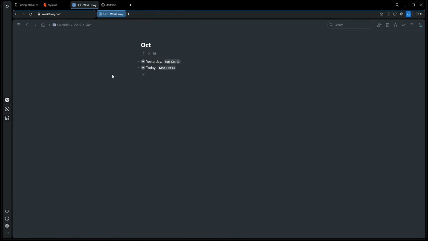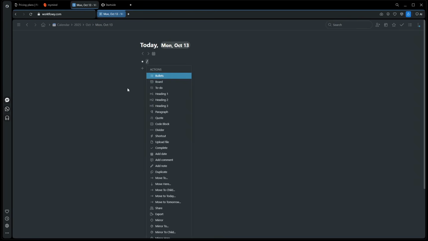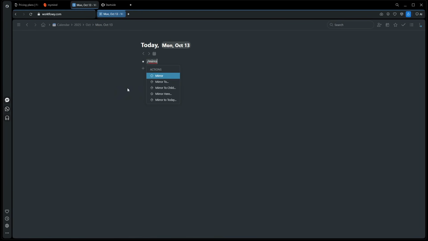It is great for journaling, for quick capturing, as an inbox feature. It is great for task management. That has been something I've used it for. And also the fact that you have this mirroring right here, which means that I could have a task management board, and then I can mirror something to the day I want to do it. Just an example of what you can do with this. It also works for things like projects. So a really big fan of this new feature